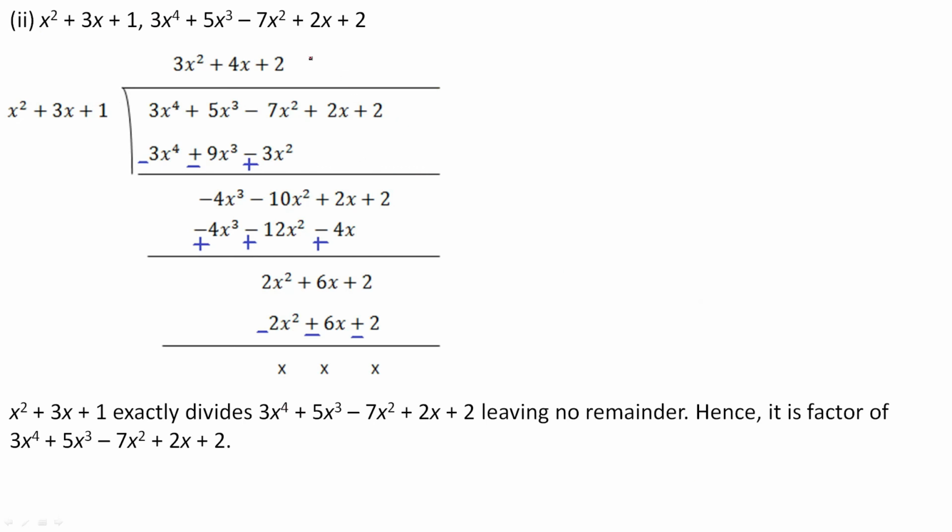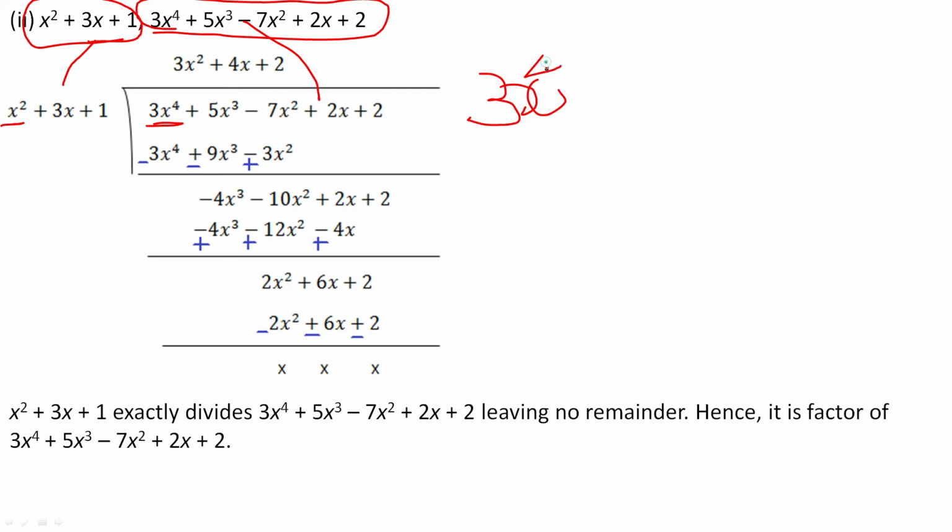Again, second example. The second polynomial we are going to divide with the first one. First polynomial is a quadratic polynomial, so you write it inside, and this one you write outside. Again the same way we are going to divide 3x power 4 divided by x square. Always you have to take the first term of the given equation. So 3x power 4 divided by x square, you can cut it. Here cut and write 2. So 3x square. Write here 3x square.